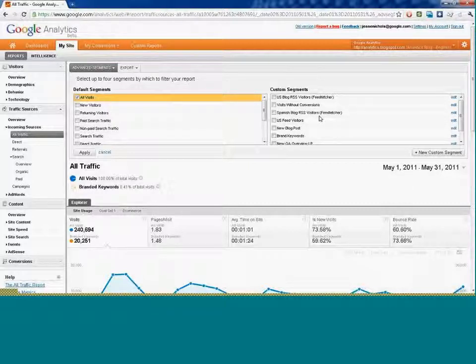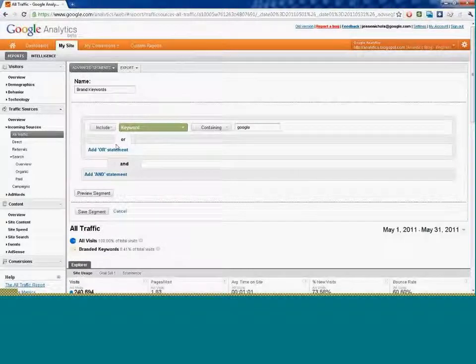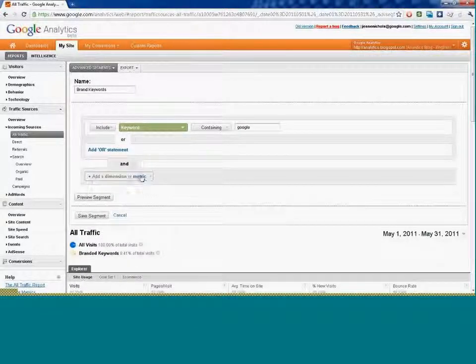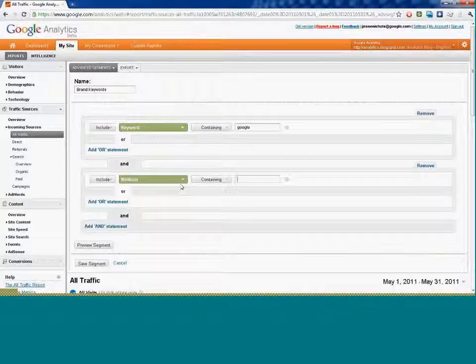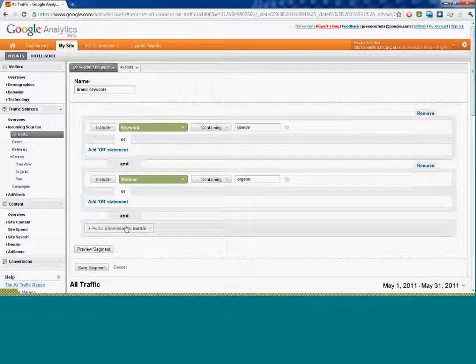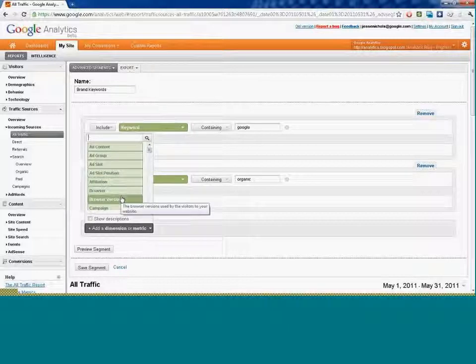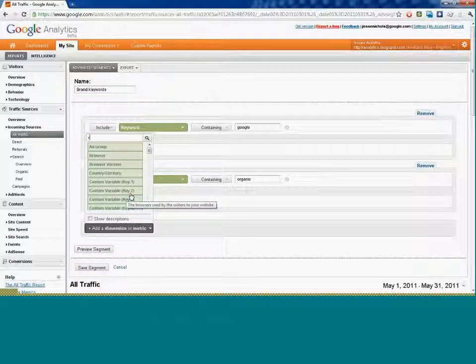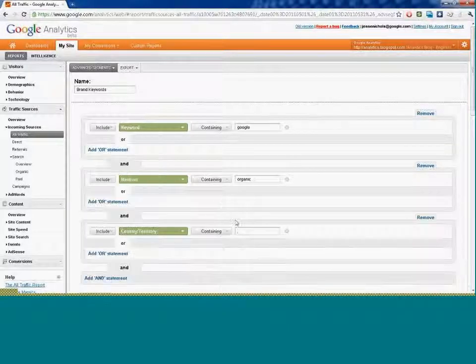You isolate what you can, learn more about that segment, hone it down a little bit more, and then come back and say, well, it's not just branded keywords that I'm interested in. It's actually branded organic keywords. So if I edited this, it's keywords who came through Google, and medium is organic, not paid, right? Or it's actually people who came from a branded keyword through organic traffic, not paid, from the United States,